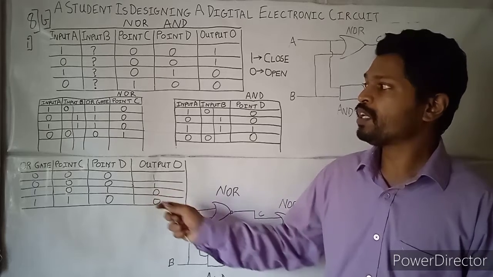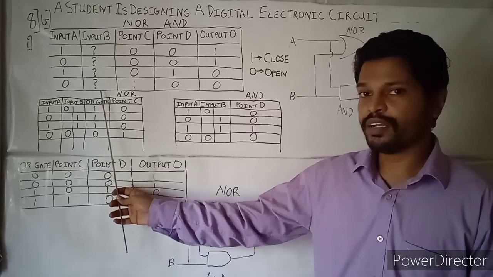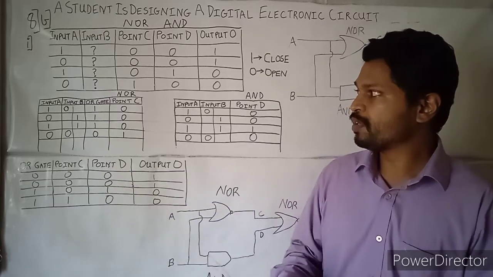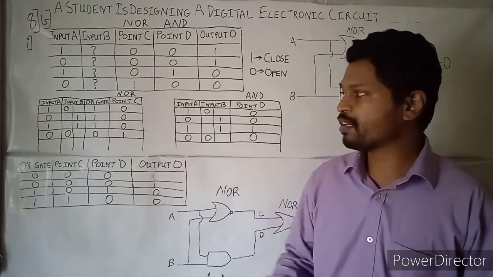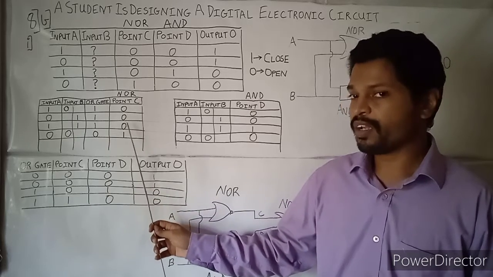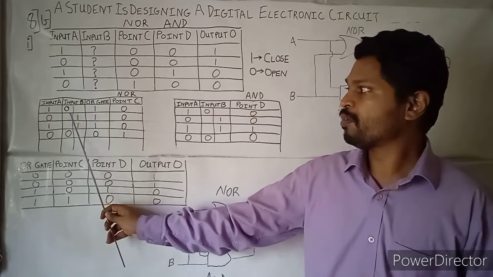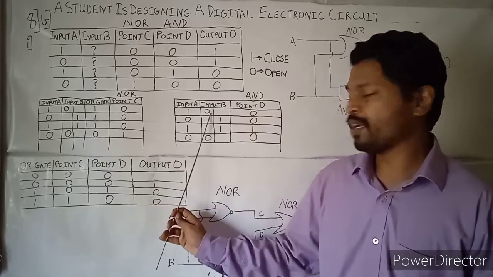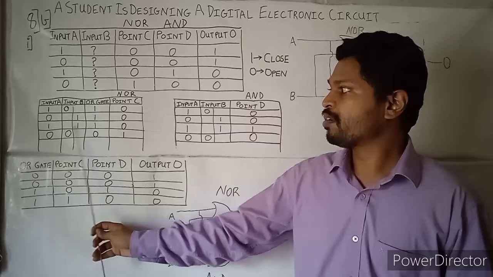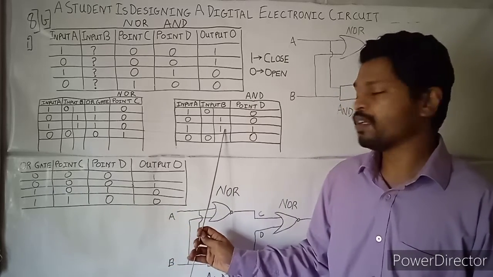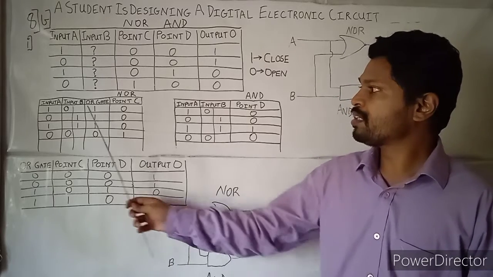In this case, what we need to see is that we had inserted an additional column with an OR gate. You have to hide this column, just to make you understand the OR gate, the NOR gate. I had put one OR gate. You have to hide this part. So these columns you have to match. Here you have put 0, it is matching, the first column is matching. Here you have put 1, the second column is matching. Third column 1, here you have taken 1, here it is 1. Here it is 0, the fourth column, here it is 0. So all these are matching.